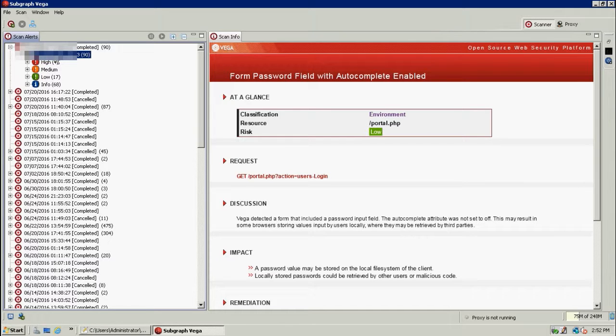Why am I telling you this? This is the tool to check your application vulnerabilities. In the next video I will show you, compared to that billing, our demo billing.